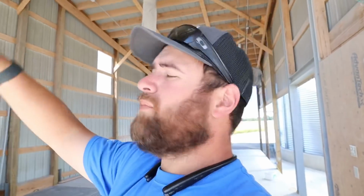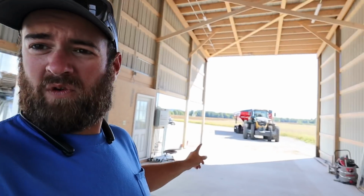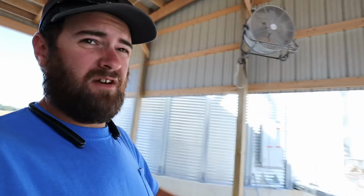That is so that we can dump one of our dump trucks in here. We have a couple straight trucks, and yeah, we can dump them in here. Now if we had dump trailers, that probably wouldn't work, but we don't. We have hopper bottoms and 2 dump trucks. They work in here. Now as you can see, this whole side, the bottom 8 feet are open, and